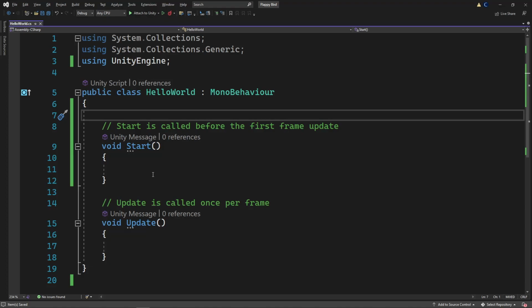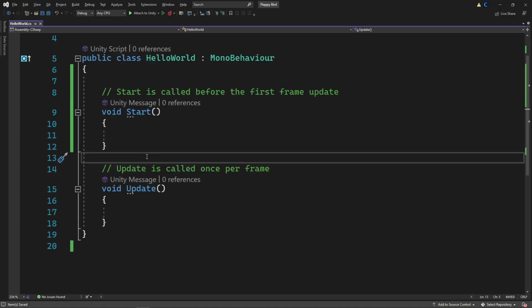And so in order to do this, we have to tell it to display a message when we start the game. Should we put this in start or update? Start or update? Start? Start, yeah. You two just jinxed each other. All right, so we do put this in start.